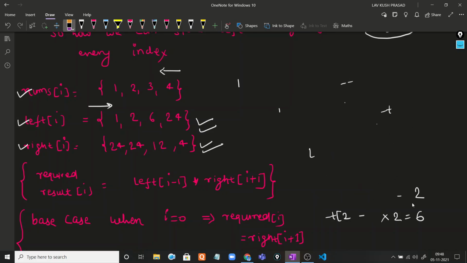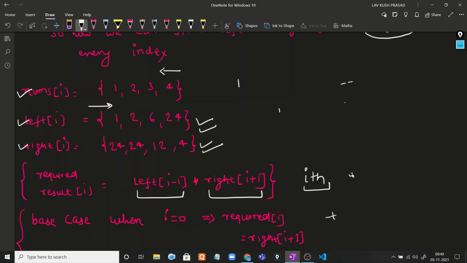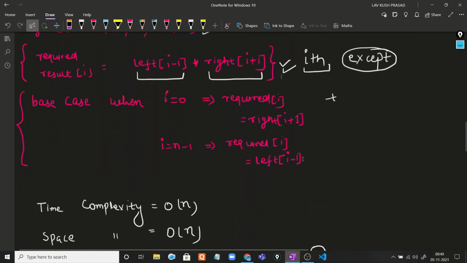The requirement is that we multiply the left part into the right part except the ith index, because in this question we have to avoid the ith index, so that's why we can use this formula, right? But there is another base case.